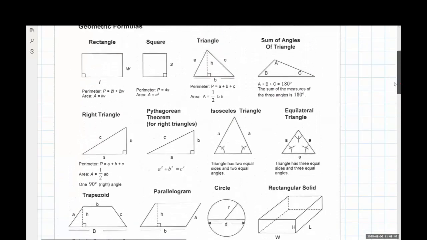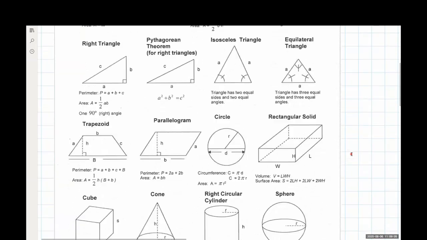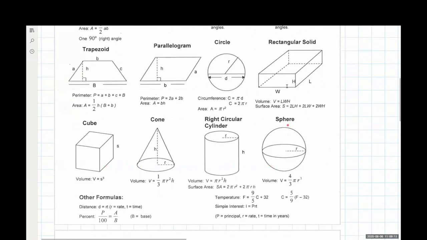So I would say if you have the time, go over to our OneNote, download this document, save it for yourself, and have it up maybe in a different window as we go through some example problems, because this is everything that we have covered for equations that I can think of and that I'm seeing on my end that we'll be using for the quarter. The circle ones, we're going to be getting to those in 9.5, so more of that coming. And we're not going to be working with a lot of the 3D stuff for this particular class, but hey, it's kind of nice to have every now and then.